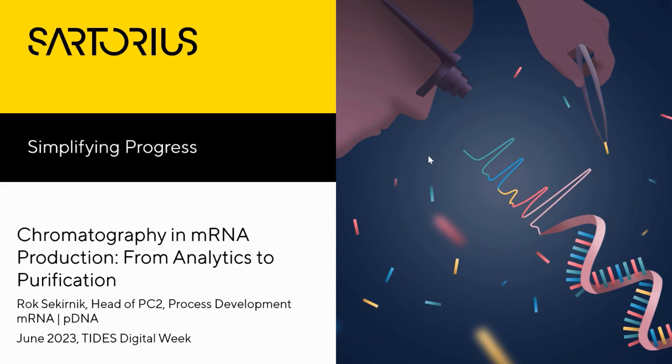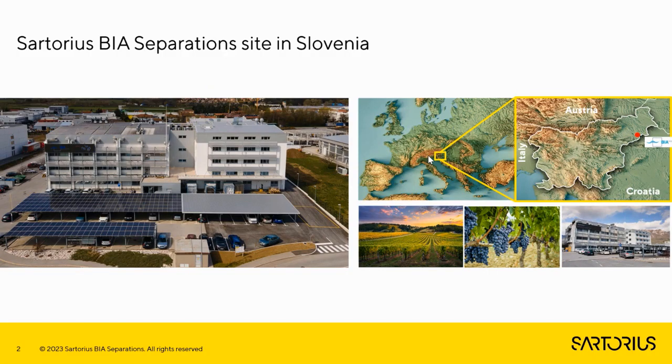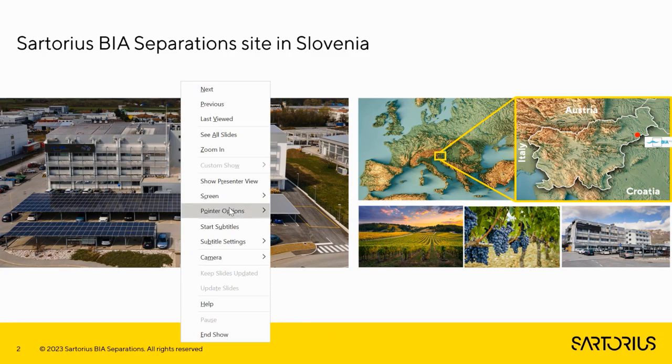Before I begin, I would like to give a few words of introduction of who we are and where we come from. And depending on how you spin the globe, of course, we are always in the center. So we are located in the center of Europe, in a country called Slovenia, bordering Italy, Austria, Croatia, and Hungary. And we're located at the site that you see here on the slide,